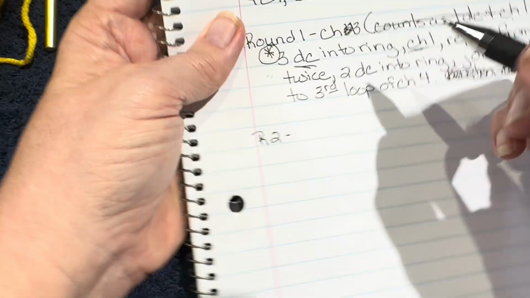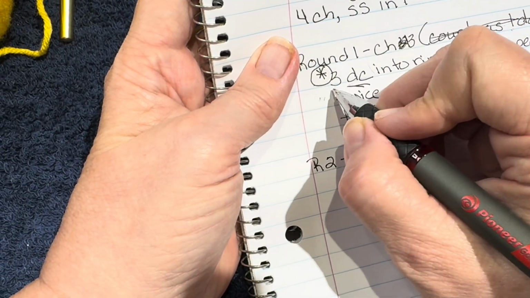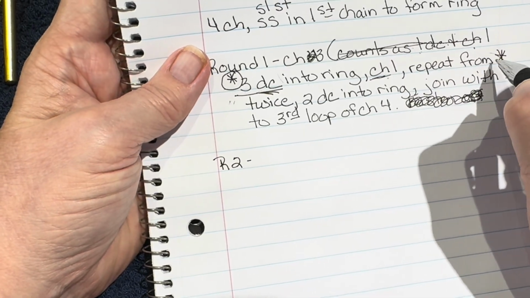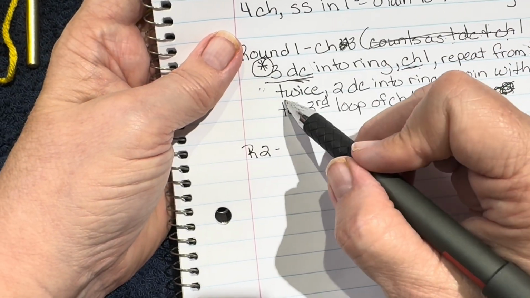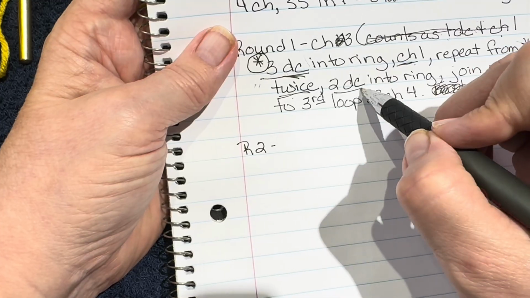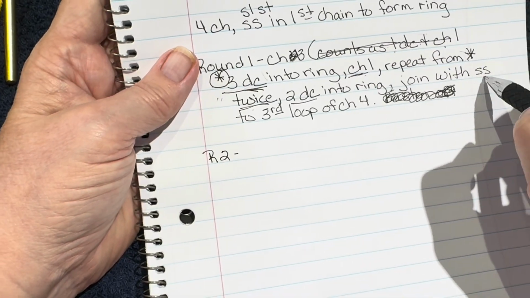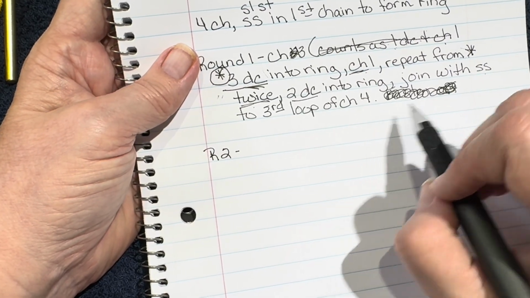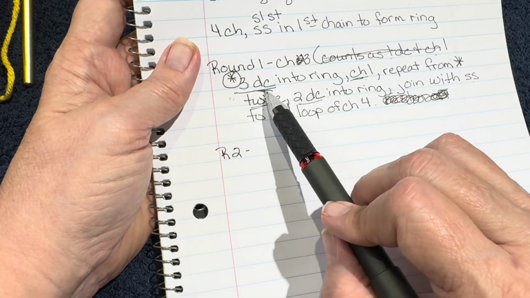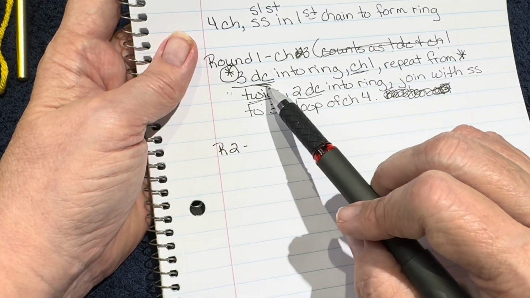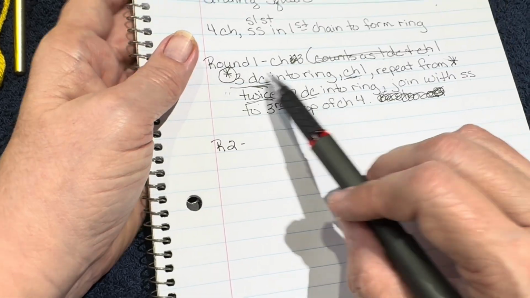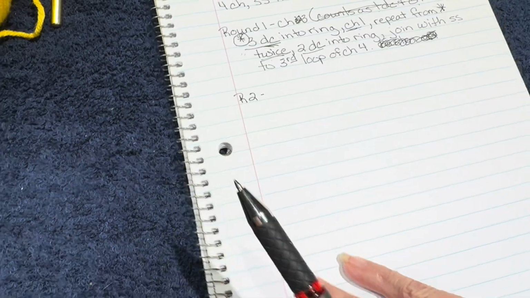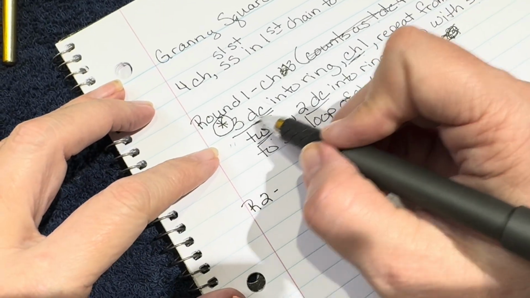And then I would come over here and I'd either highlight or underline 3 double crochets, chain 1, and repeat twice, and I'd underline twice, and then 2 double crochets into the ring and join with a slip stitch in the 3rd loop of the chain 4. I would underline, highlight what I needed to know, and if I didn't get that it was twice, you can also do